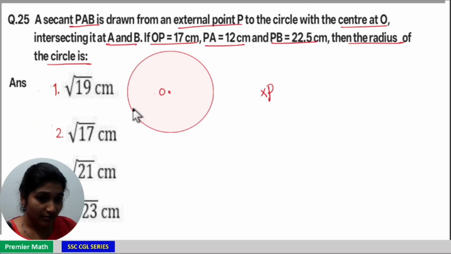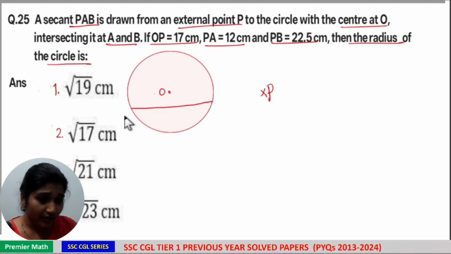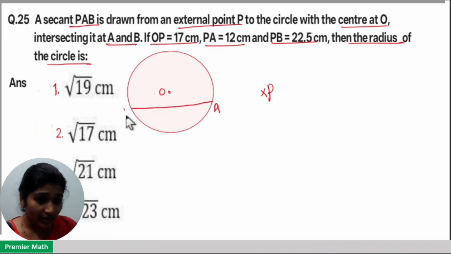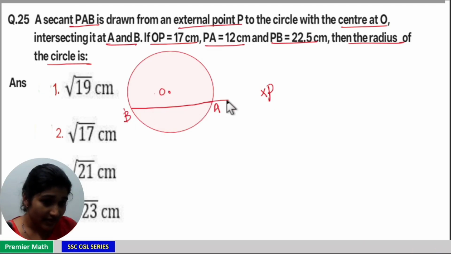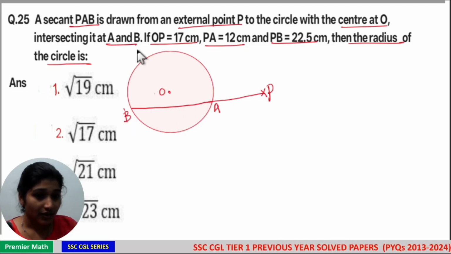Now, a secant means a chord that intersects two points, A and B. Now, this secant is from an external point. So, here this is PAB, and here